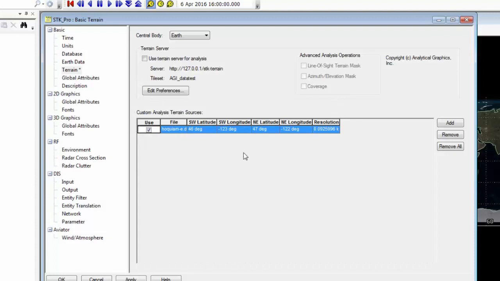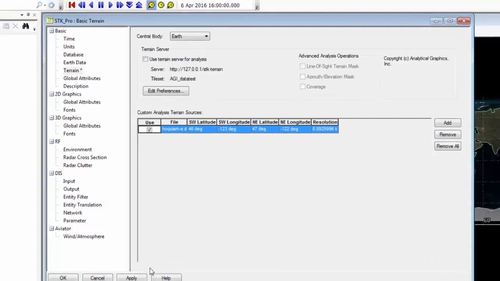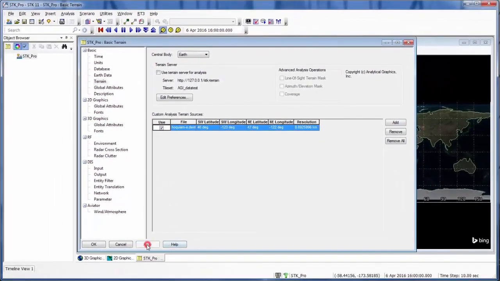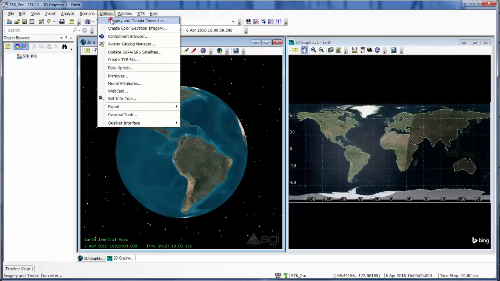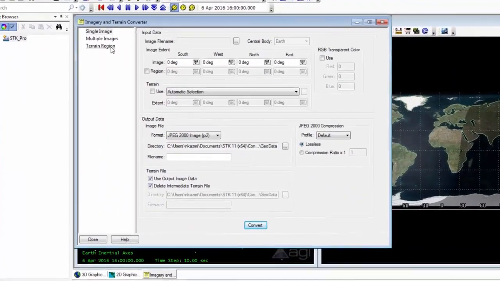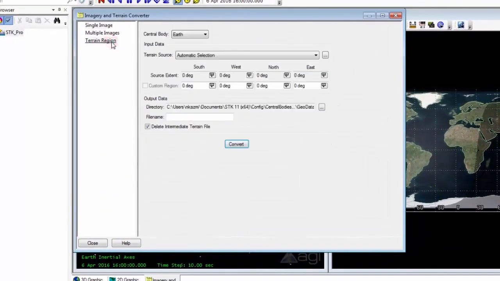Now that we have this under our list for custom analysis terrain sources and it is selected, we now have this terrain tile within our scenario analytically. To add it visually, we need to convert it to a .pdt file. So first we'll hit apply and OK. Now we need to go to our utilities, imagery and terrain converter, and convert that .dem file to a .pdt